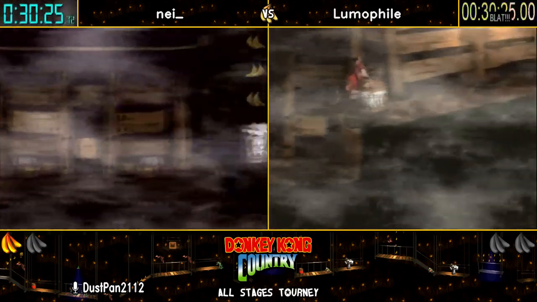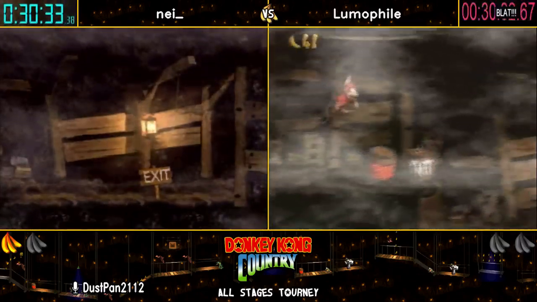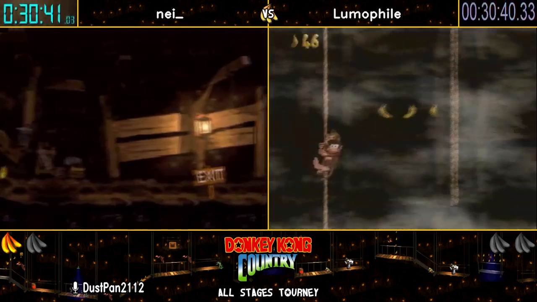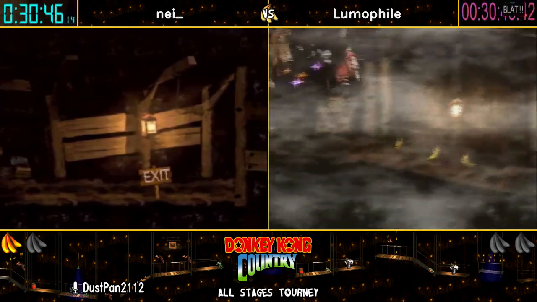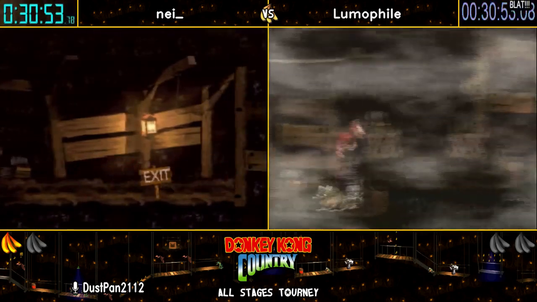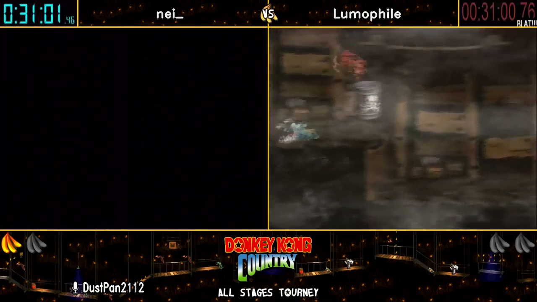Looks like we're gonna get to see some rolling and jumping. This level is very unintuitive when it comes to movement, because usually the rule of thumb in Donkey Kong Country speedrunning is you want to milk your rolls for as long as you can. Nay's staying in the air a little bit longer than he wants to, just letting Lumo catch up. I wouldn't call it GG just yet. So Lumo did catch up a little bit there from